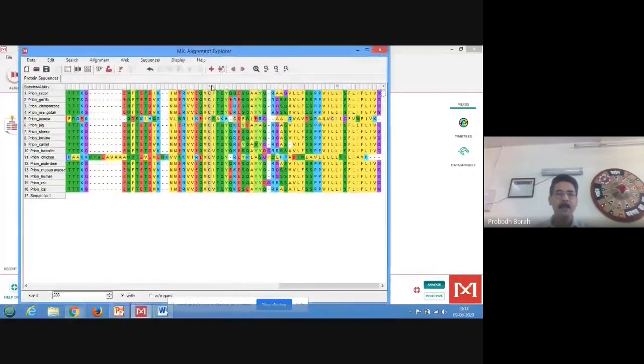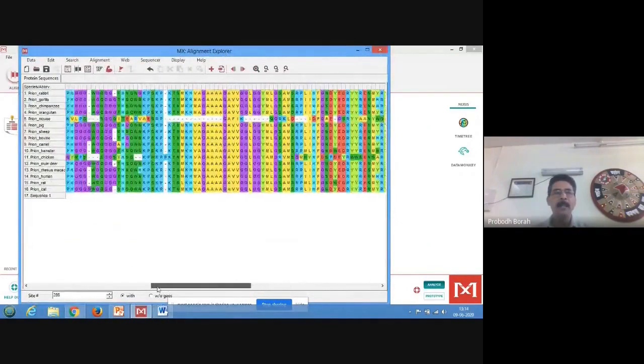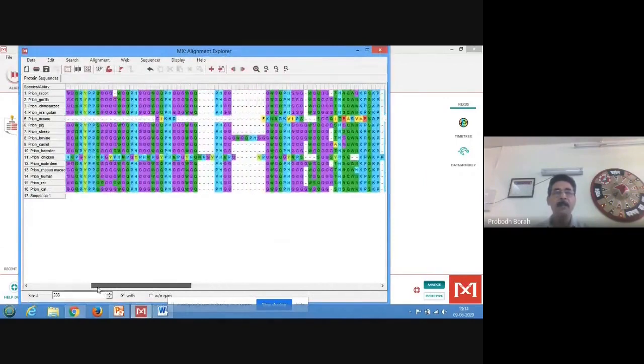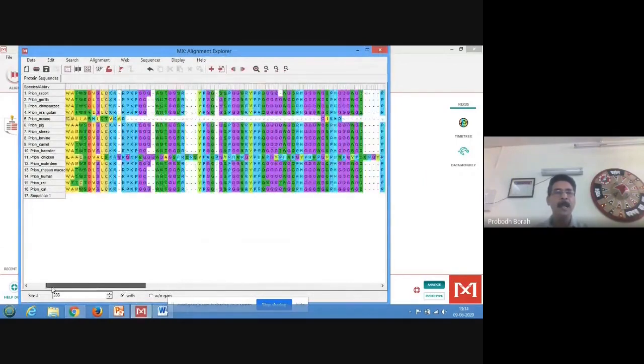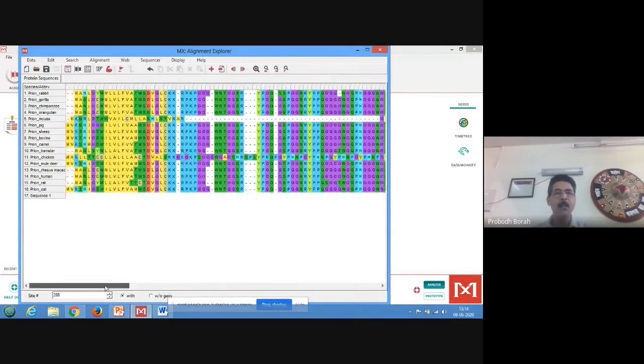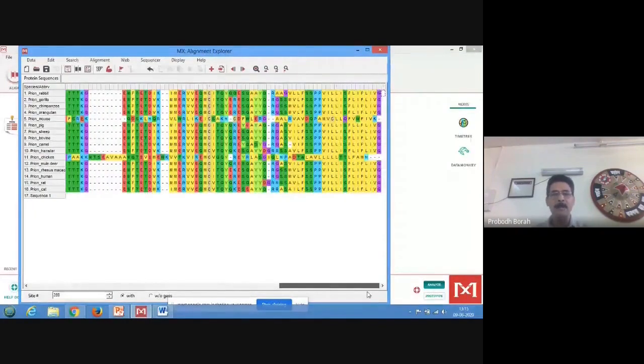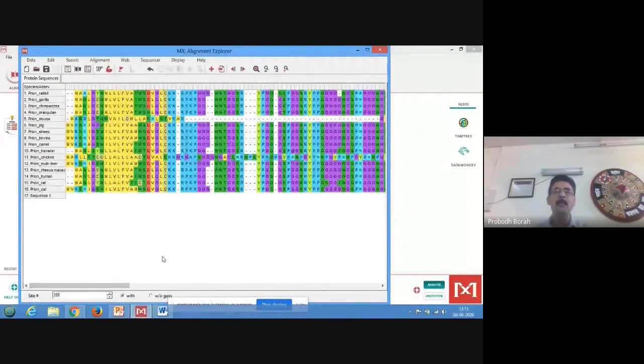I think again the answer is no, because you see a lot of variations here and there. Not only are the variations limited to chicken, but in other places also. Here you see in mouse also there are a lot of variations. And in many places in others also. So by and large sequences are not similar. So we will not go for the maximum parsimony method.